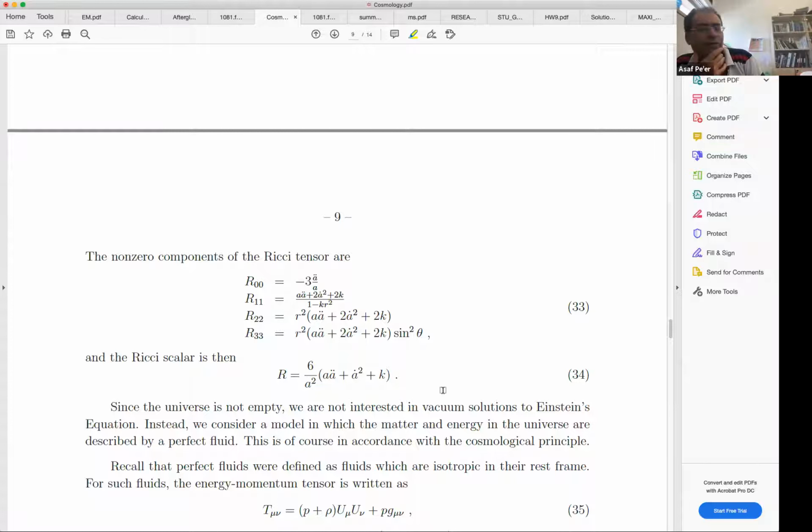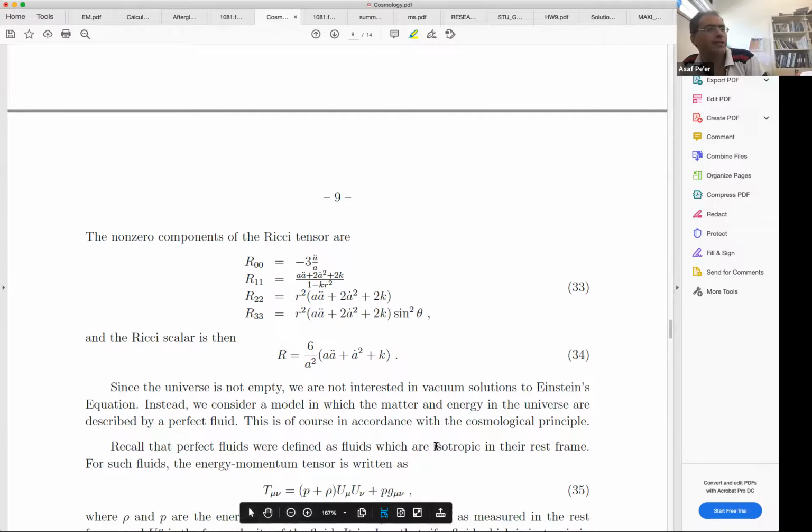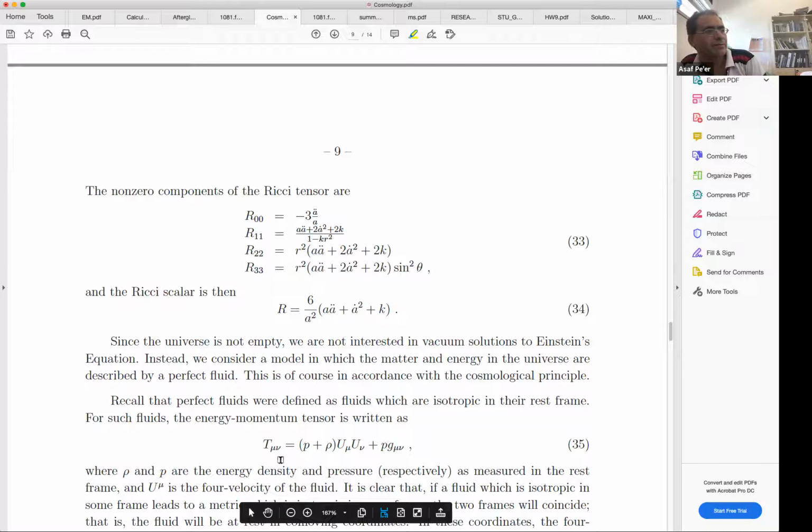So, a perfect fluid is a fluid that I can argue is isotropic in its rest frame. All right. So for this fluid, we showed that the energy momentum tensor takes the form of T^μν equals (P plus ρ) U^μ U^ν plus P times g^μν,